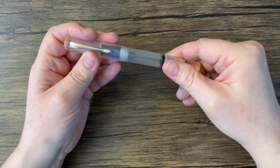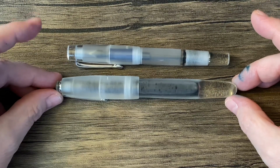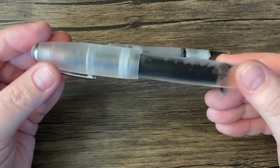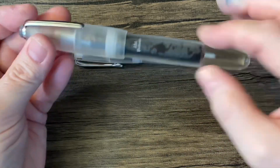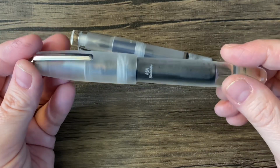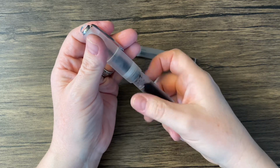So I'm going to compare the looks to another pen real quick. Now this is a much larger pen, obviously. Well, not that much larger, I guess, but this is the Asa Pens Galactic. This is another eyedropper fill demonstrator. You saw that kind of frosted look to it. This one, the frosted look doesn't seem quite as refined. You can see some scratches and that sort of thing. This is a pen from India, by the way, which normally I love, but this particular pen